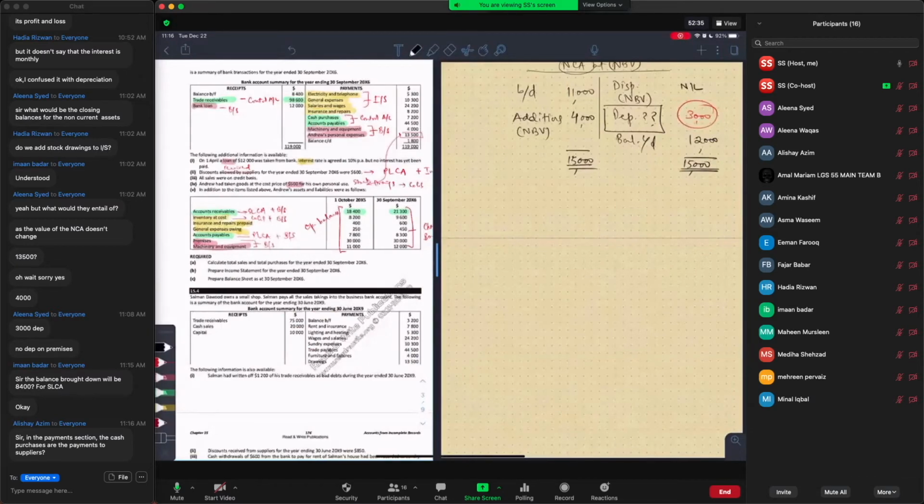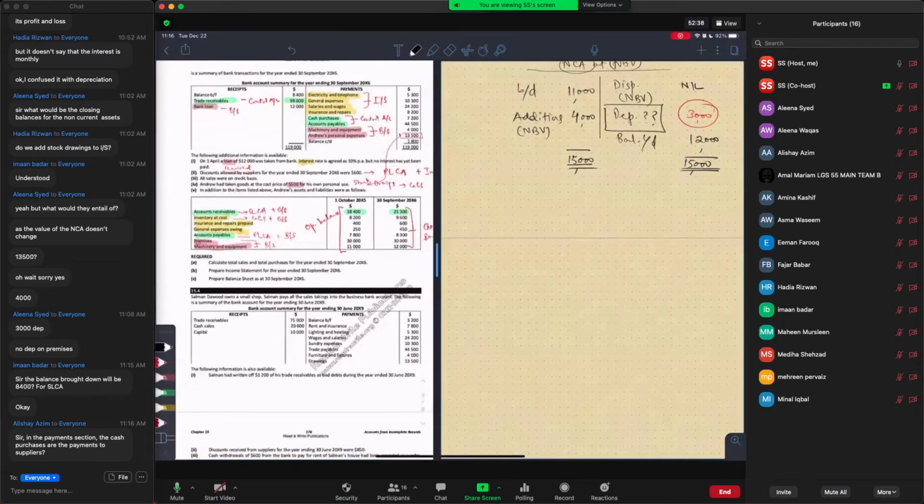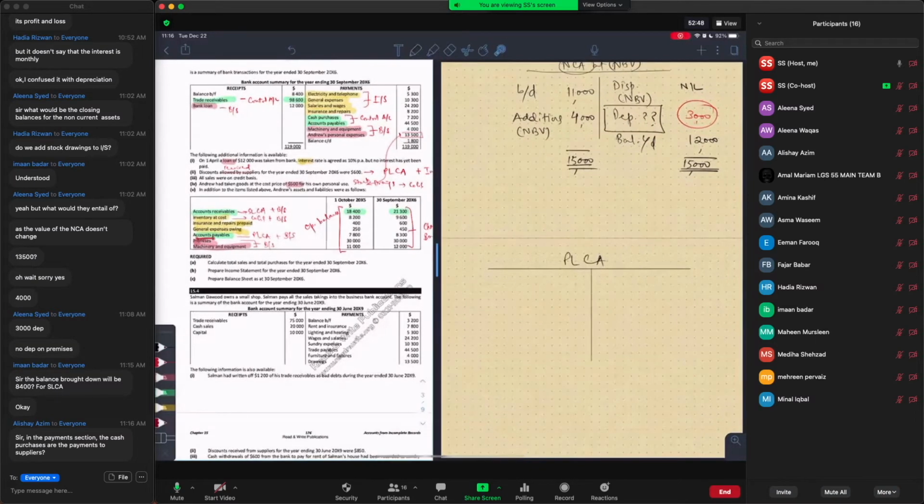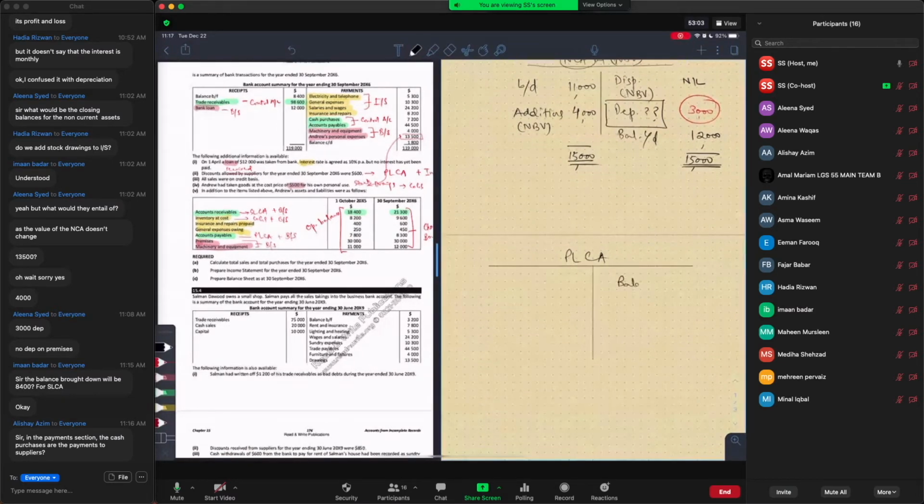Okay, so this is your purchases ledger control account, right? The opening balance for the purchase ledger control account will be found here on the list of balances. That is your purchase ledger control account opening balance, accounts payable or trade payables last year. That is the value given here. So the balance brought down on the purchase ledger control account is going to be on the credit side, which will be 7,800. Balance carried down is going to be on the debit side, which is